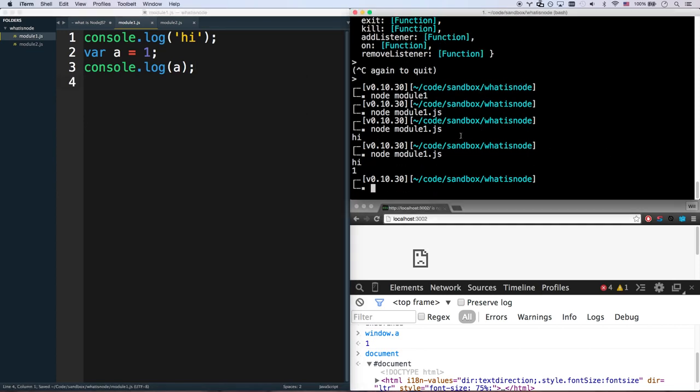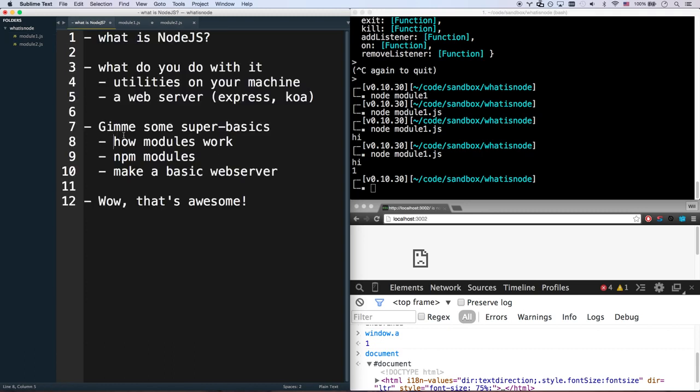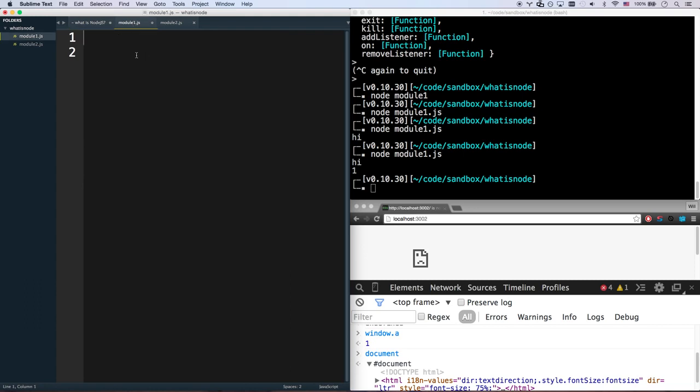And then run that again. It says hi, it says 1. So that's kind of how you'll actually execute files, just like you would execute PHP files or something like that on your machine. And let's get into modules real quick, how modules work within Node, because this is going to